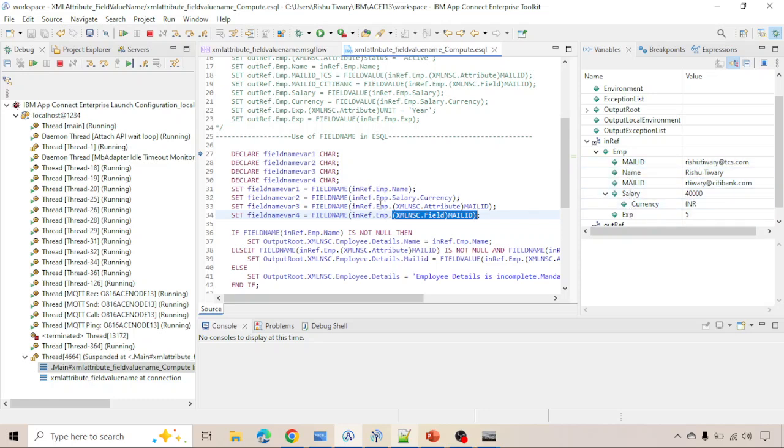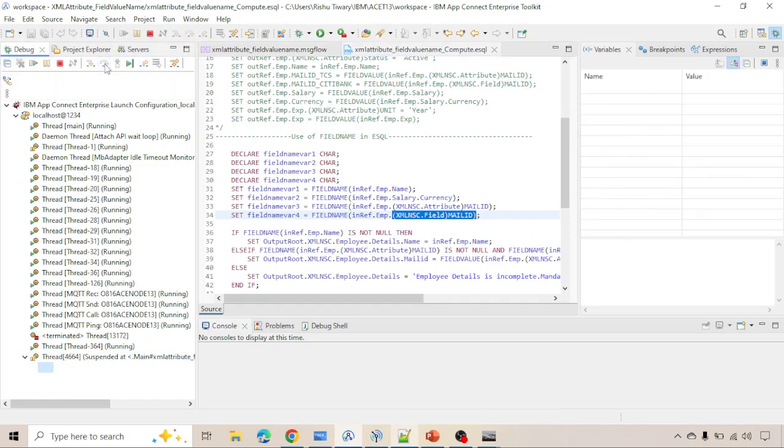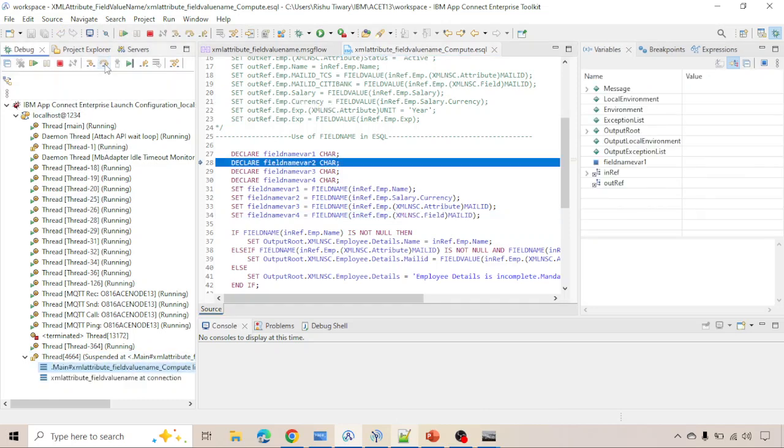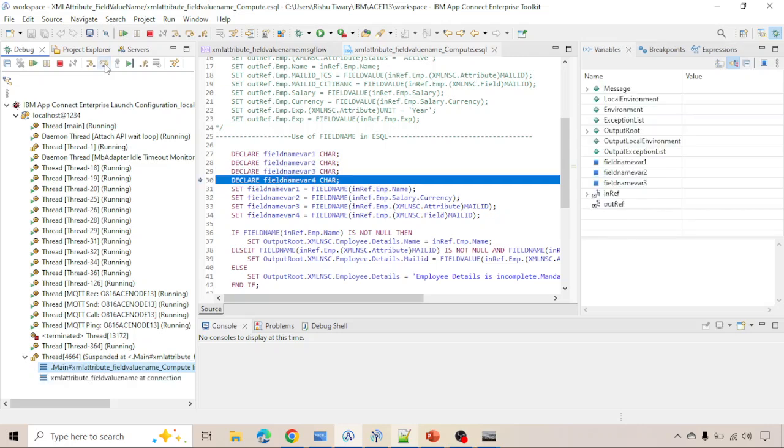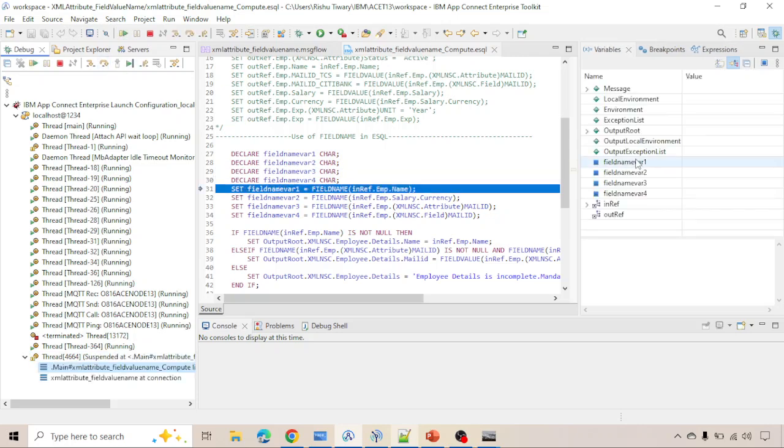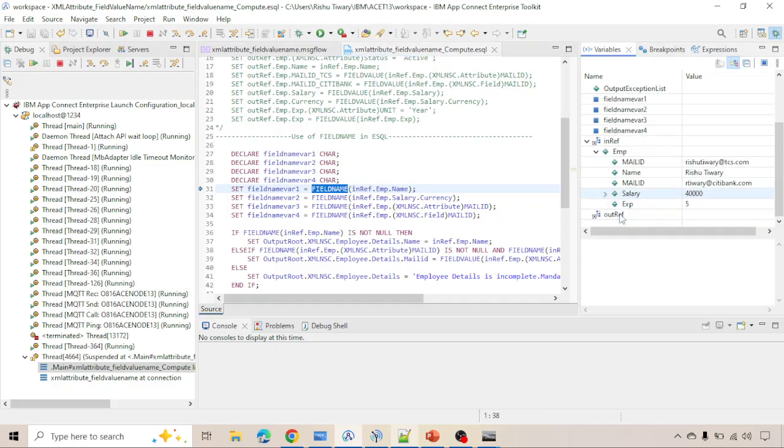Okay, so let me execute the flow and let me show you. You can see the first variable has been declared, second declared, third declared, and the fourth declared. So all four variables have been declared, which are of character type. Further, I am going to set the value with the help of field name. Once this line executes, it is setting a value against field name var1. What value is it setting? It is setting the field name